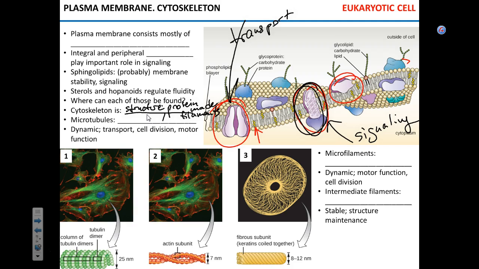Microtubules are dynamic. What do I mean by dynamic? What do you think I mean? They change. They get disassembled and reassembled again. They constantly recycle. Does that make sense? Their function is they facilitate cell division. The mitotic spindle and centrioles are pretty much made of microtubules. They play an important motor function, transport inside of the cell, changing the cell shape, like in amoebae,